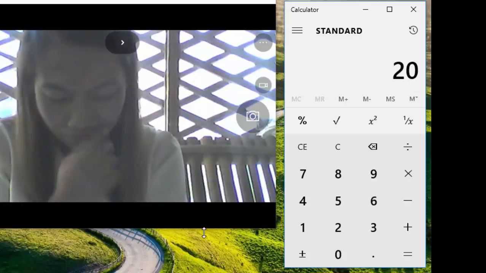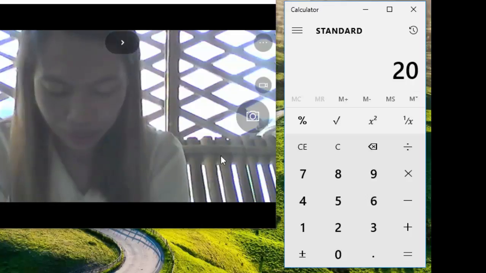With the number visible on the display, press Ctrl C on your keyboard to copy this number.